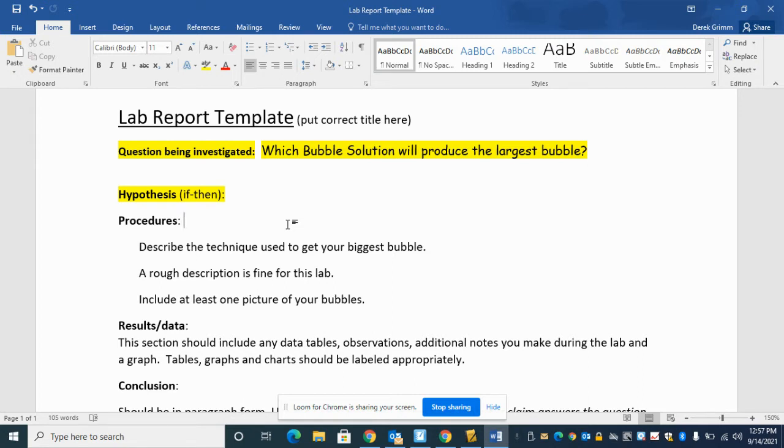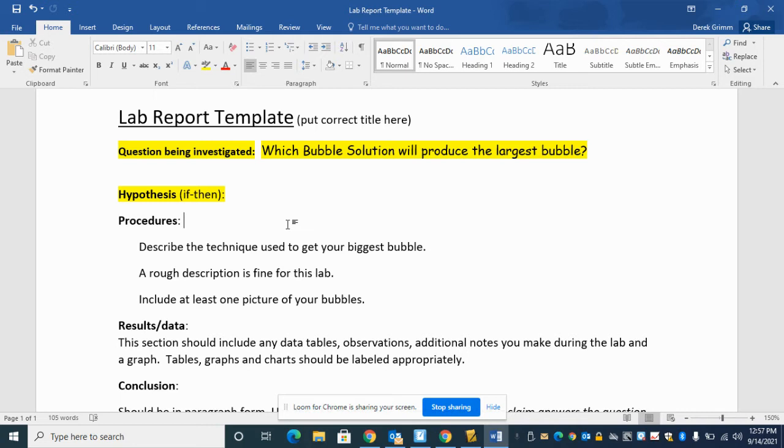Step five, record your diameter of your bubble with the ruler. Repeat steps 1 through 5 two additional times. Step 6, repeat steps 1 through 5 or 1 through 6 for bubble solutions 20% and 33%. Something along those lines, ladies and gentlemen. We don't want to get too detailed, but a rough estimate of how we progressed and did our procedure